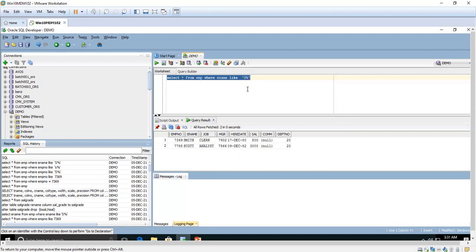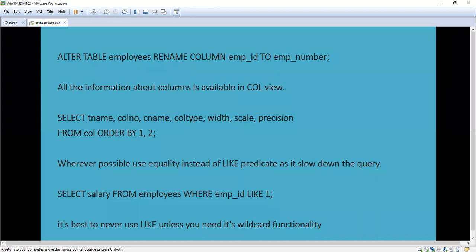For this purpose only you have to use the like. The equal to operator and like can be used interchangeably, but avoid the use of like whenever you are going to use the equal to. Okay, you have to use the like only for the wildcard functionality. Okay, so far we have seen around 4 Oracle tips. I think they will be more useful for you in day-to-day activities and in the real-time environment, so that you can use these queries. And I will come with some more tips and tricks like this in the coming video.